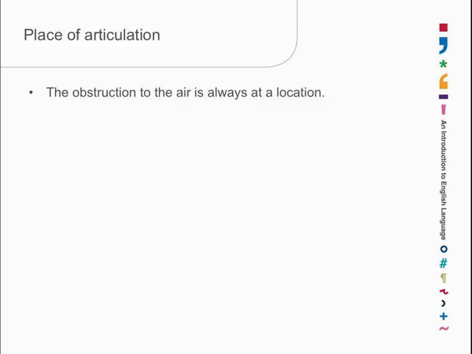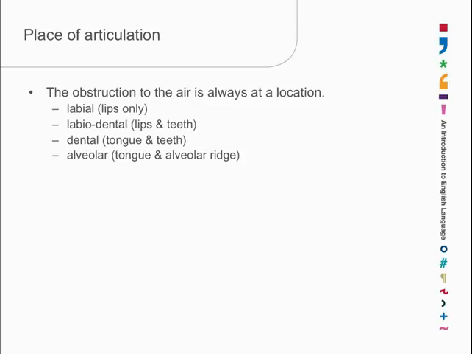There has to be a location for a blockage, and so this location is called the place of articulation of a particular consonant sound. We can start at the lips. Labial sounds are produced when the blockage is at the lips. Labiodental sounds are produced when the lips and the teeth are in contact. Dental sounds are produced when the tongue and the teeth are in contact. Alveolar sounds when the tongue and the alveolar ridge, you remember the hard ridge behind the top teeth,